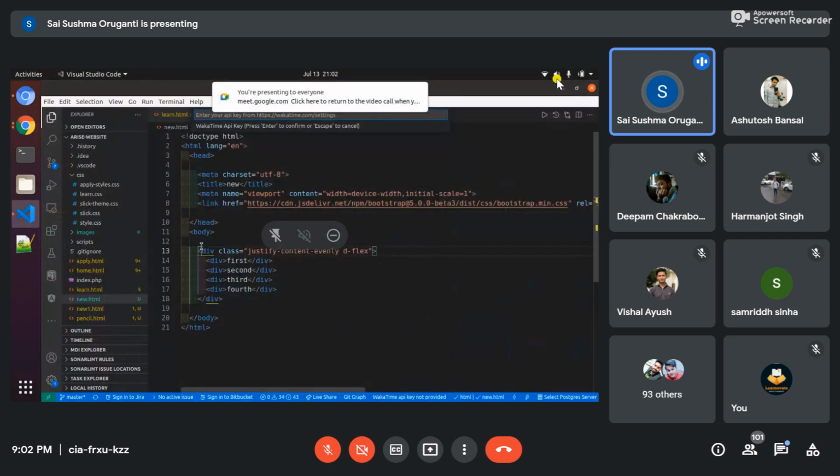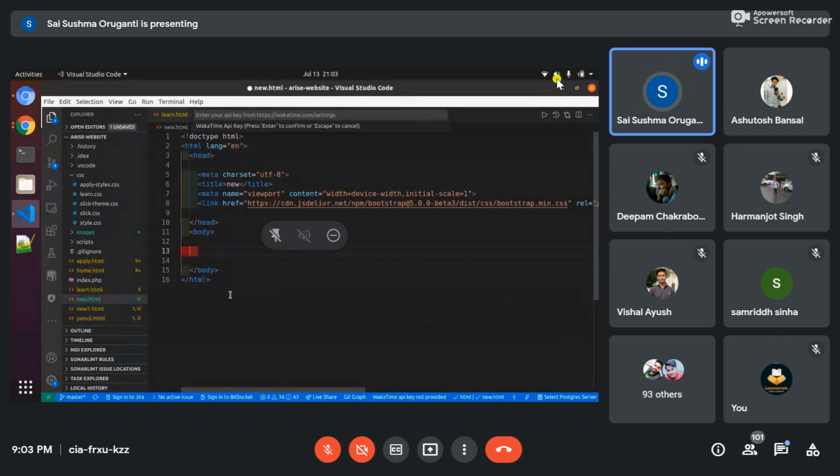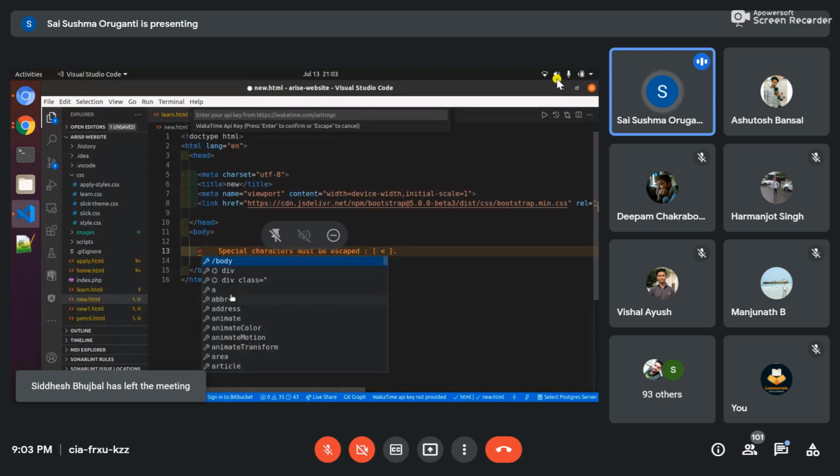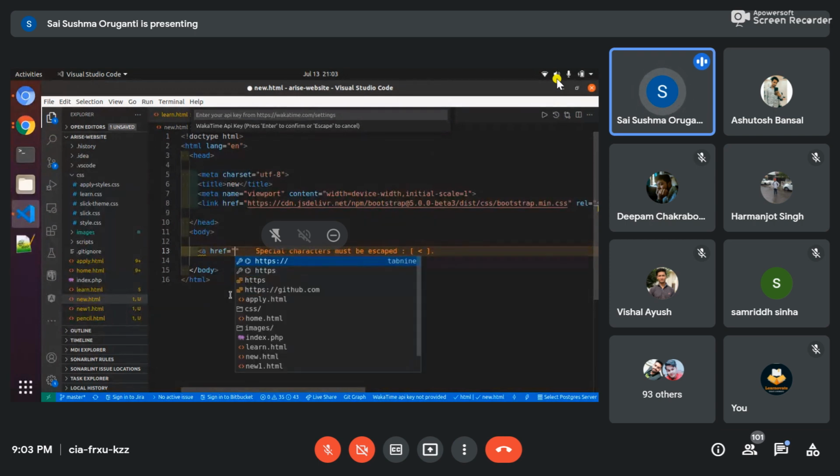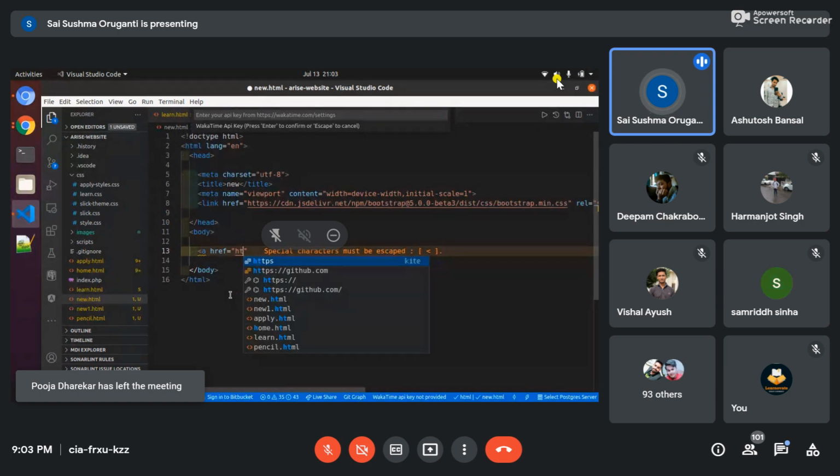So now I'm going ahead with links. Just clear this. Now, if you want a link, see, I'm showing it now. A ref. This is the anchor tag. Inside this, I'm just using the Google link here. You can use whatever link you want from the browser. You can just copy and paste the link.